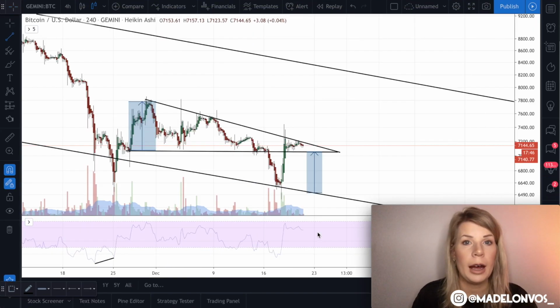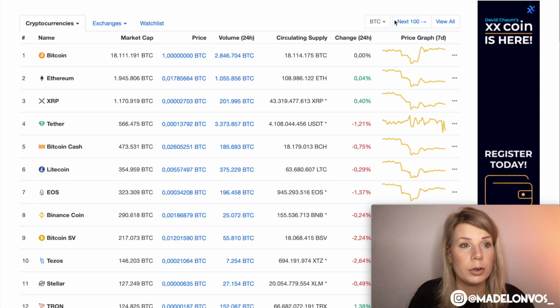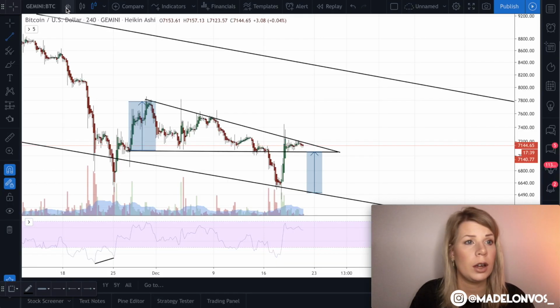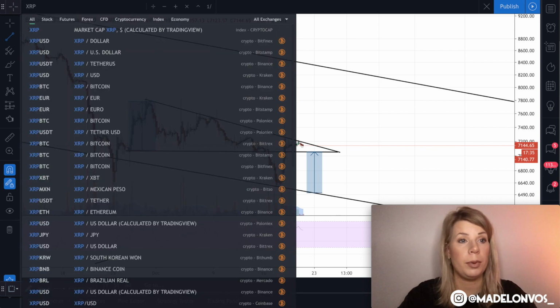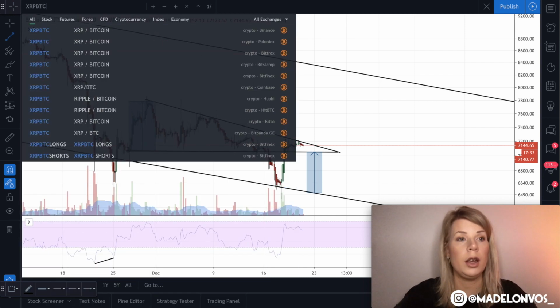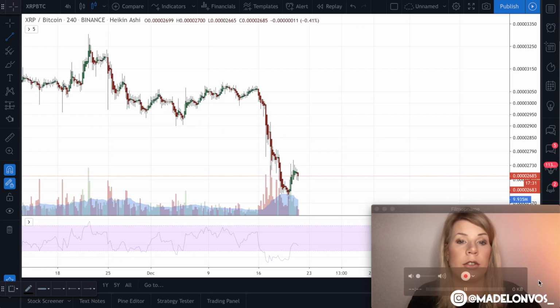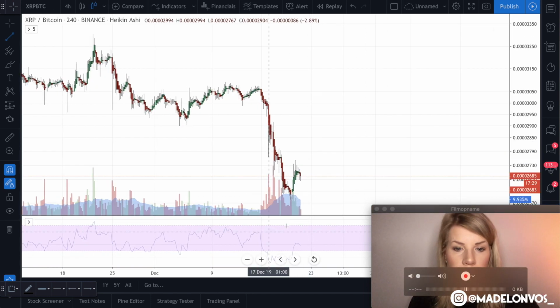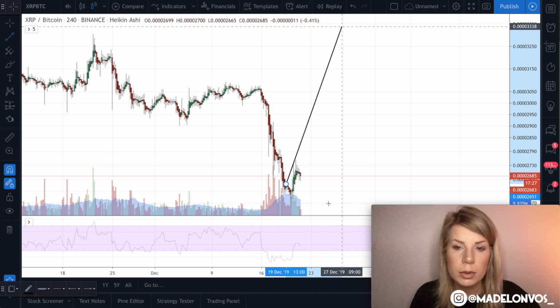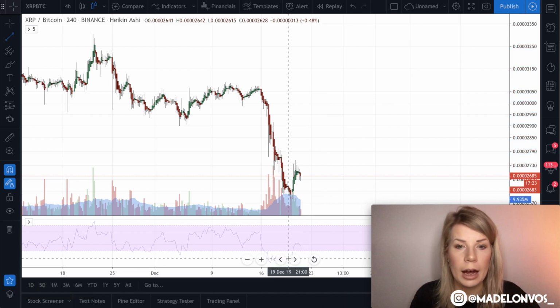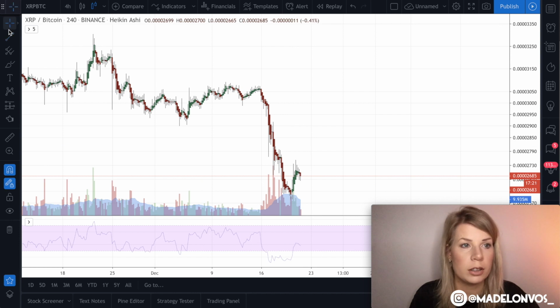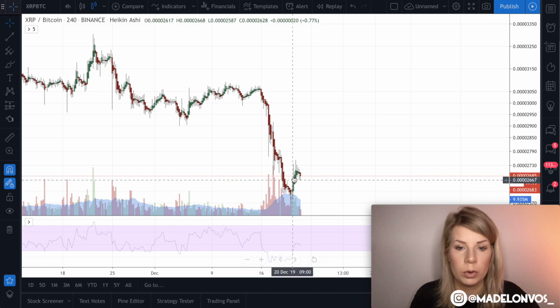Also take a look at, let's have a look, Ether and XRP. I didn't take a look at it today, so let's see what's going on. XRP, BTC, let's check out Binance. It's going to be really easy. Here's something interesting going on. We've had bullish divergence, and now prices are going down, back down again.